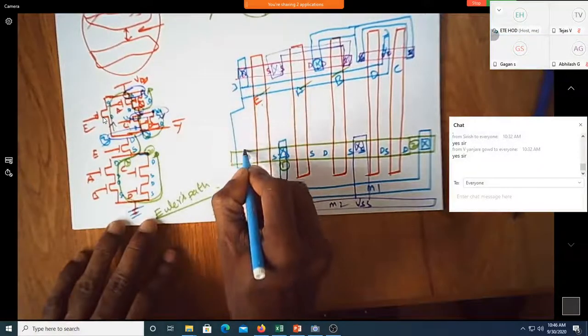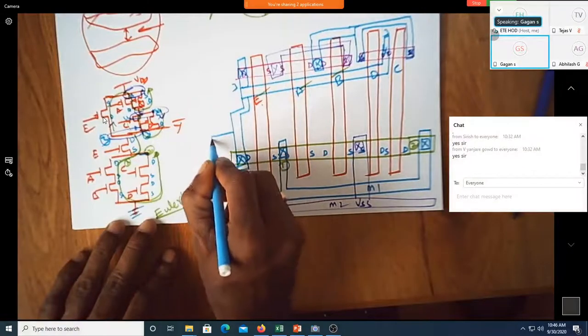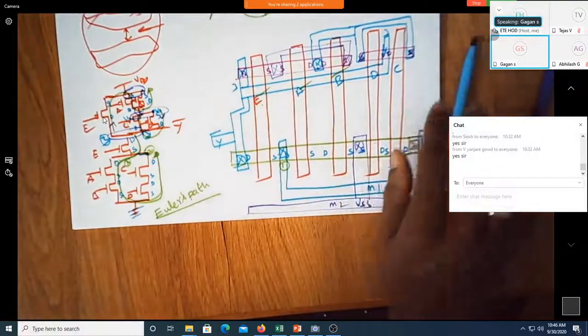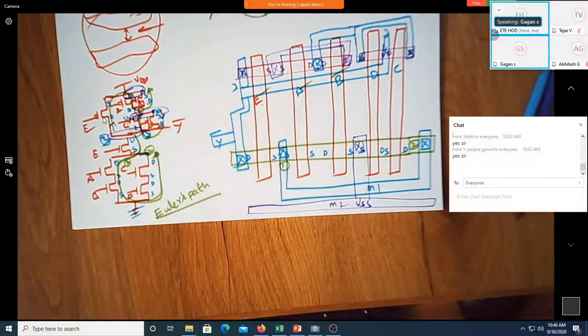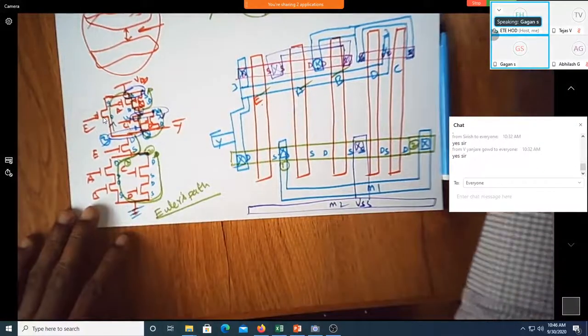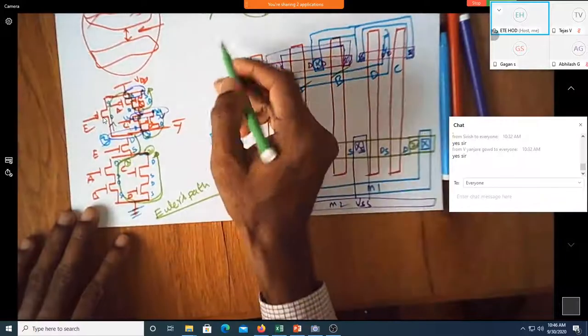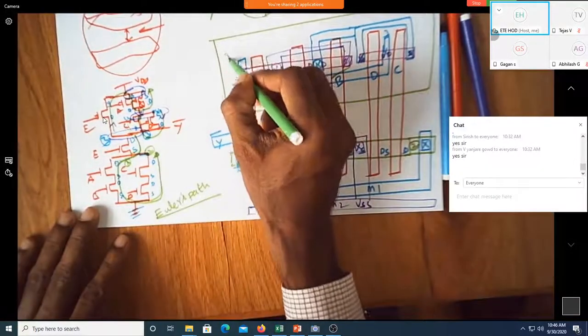Yes, sir. Shall I say it as Y bar? Yes, sir. Correct? Of course, this entire thing is under well.